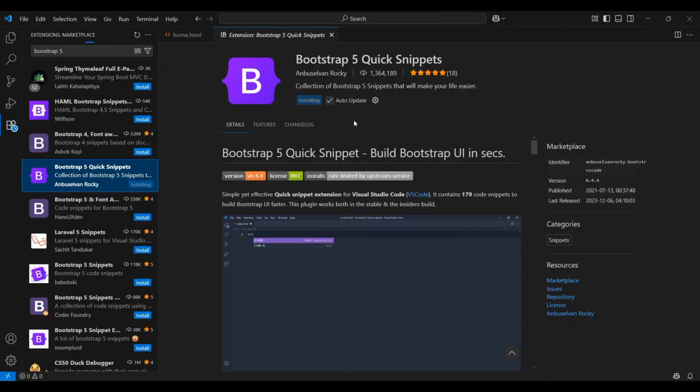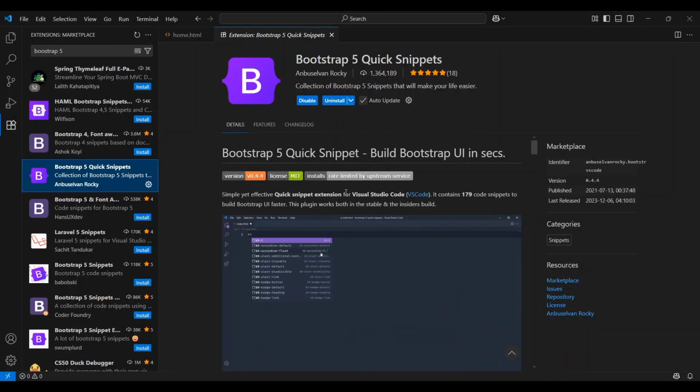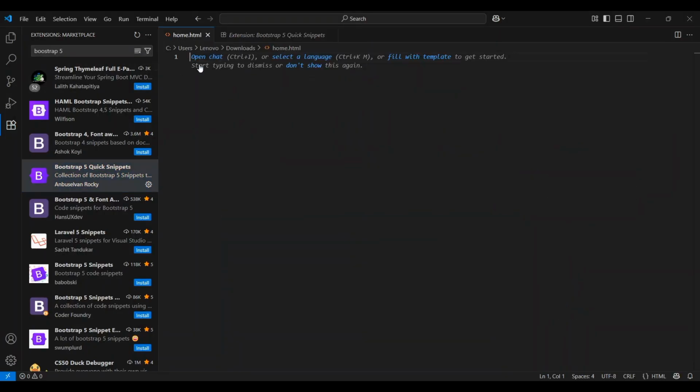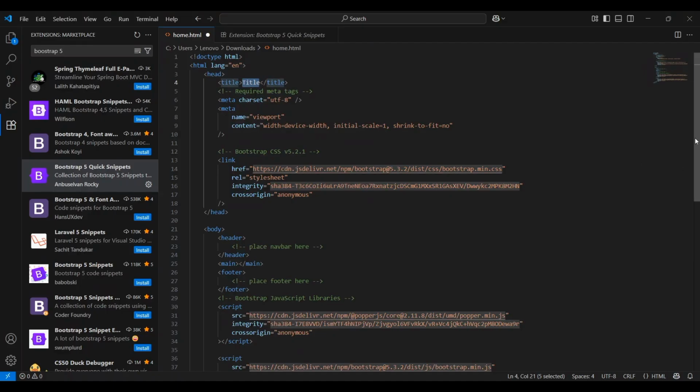So from there you just have to click on install, and then once installed, to check if it's working, you have to go to your own project or your new file and then type bs5 dash dollars. So it should pop up like that so that you can check that the Bootstrap is installed in your account,